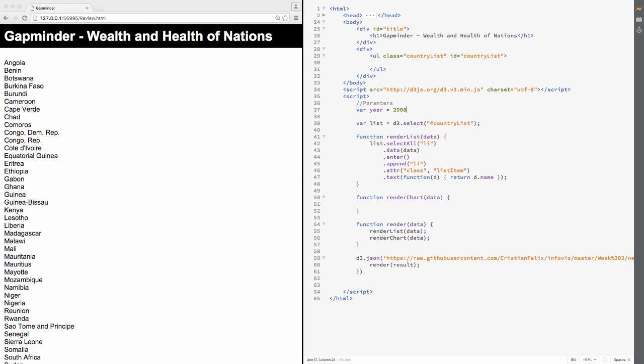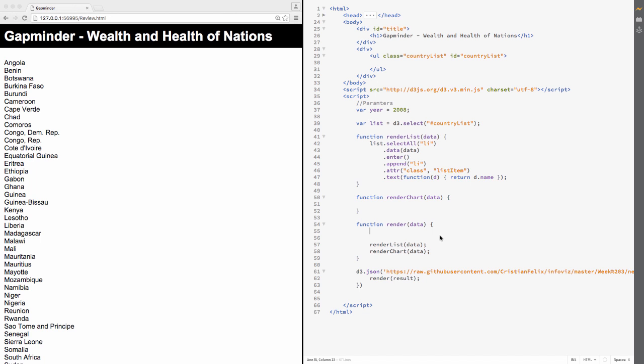So if I want to change the year from 2008 to 2007, it will be really easier. Second thing is because I have a centralized render method, I can filter my data here, and this will reflect in both render list and render chart. So we can do that by doing, so this is my filtered data, and it will be equal to data.filter